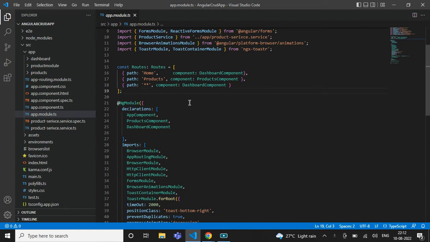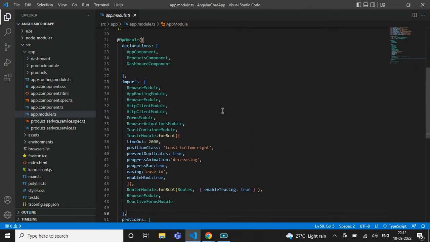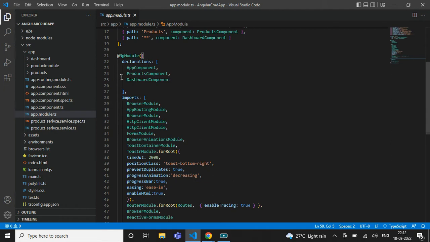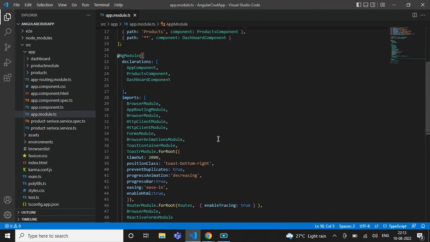So if you see how we can define whether it is a ng module or not. So if you see this decorator which is ng module, so if it is applied on any class in Angular, then it is a module. Okay, so this module, if you see, has many properties, and each property has its own role playing in